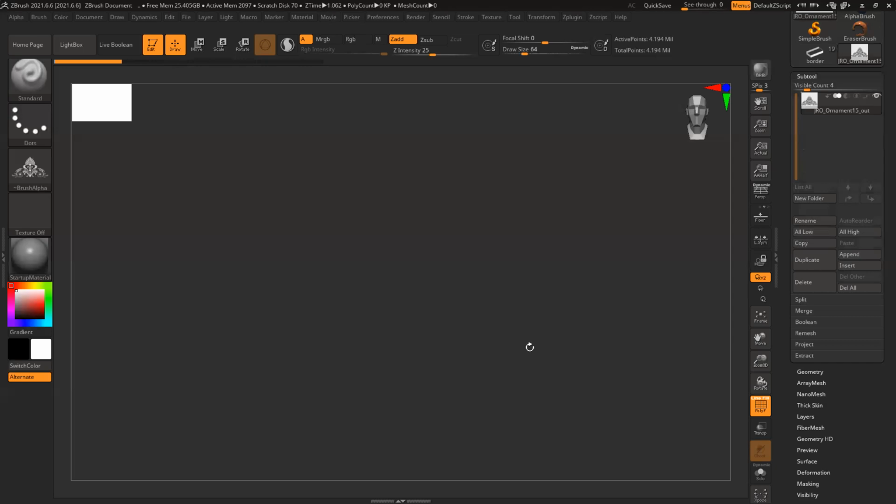Where is the model? Somewhere, but it's not showing. F frame is not working.